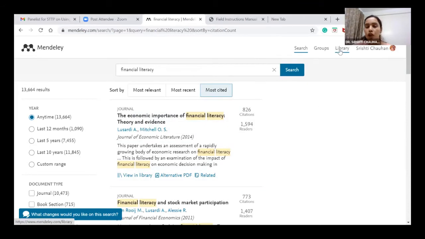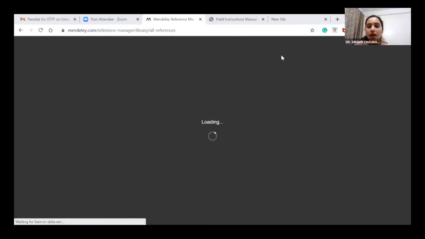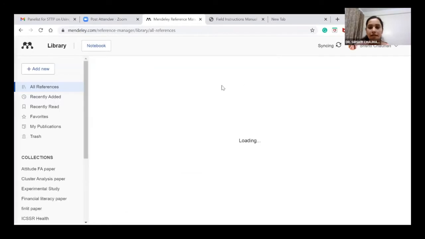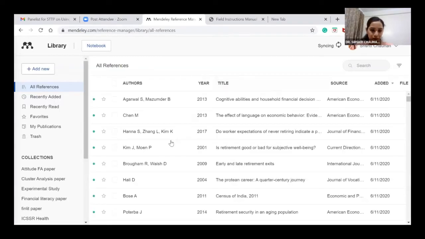Okay, now talking about library. Okay, first let's talk about library. So search का option हो गया. Now comes library. Let's see what library means. Okay, now